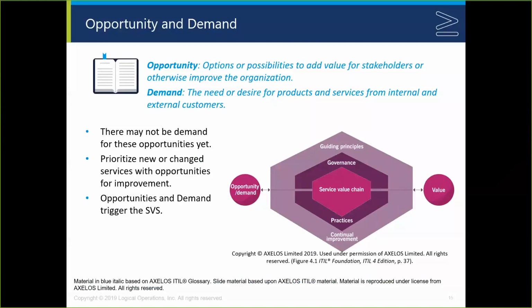Okay, so we begin by introducing the terminology for opportunity and demand. They're not the same thing. Opportunity creates possibilities that we might be able to do to add value for stakeholders. And then demand is when there's an actual need, an actual desire from these stakeholders for certain products and services. And so there may be opportunities that don't yet have demand. And when the demand occurs, then, as a service provider, we're going to be interested in trying to supply that demand. Okay, and it's the existence of these opportunities and these demands that then trigger our service value activities. What are we going to actually go do?